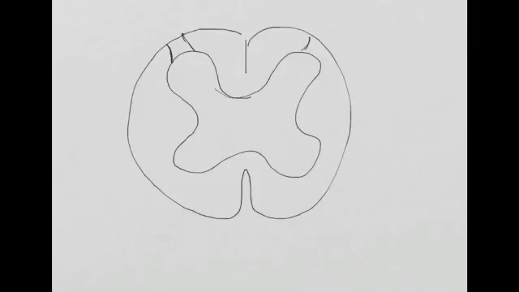Often it's a blurry area there. And what we can describe here is we have an anterior or ventral median fissure,